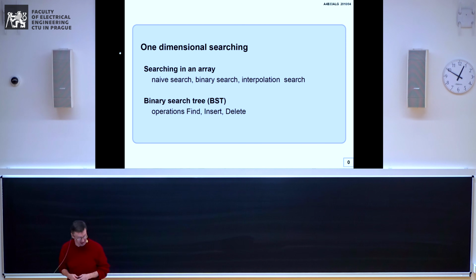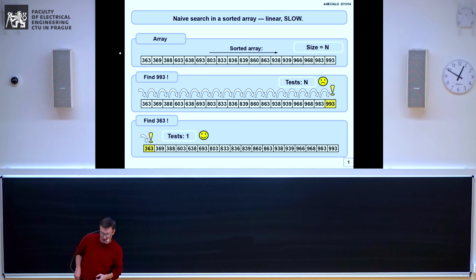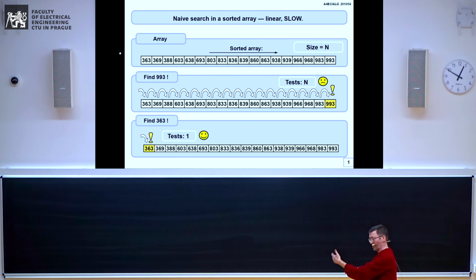So first, let us start with searching in an array. First of all, what must happen before you go searching is that your array is sorted. If the array is not sorted, or list, or any kind of more complex container or data structure, then you have no other option than to go one after one through all the elements until you find what you are looking for. If, on the other hand, they pre-sort the values, then you can say, all right,